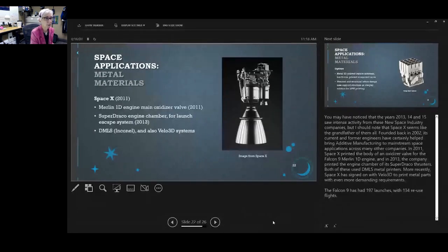Okay, you may have noticed that the years 2013, 2014, and 15 saw intense activity from these new space industry companies. But I should note that SpaceX seems like the grandfather of them all. Founded back in 2002, its current and former engineers have certainly helped bring additive to mainstream space applications across many other companies. In 2011, SpaceX printed the body of an oxidizer valve for the Falcon 9 Merlin 1D engine, and